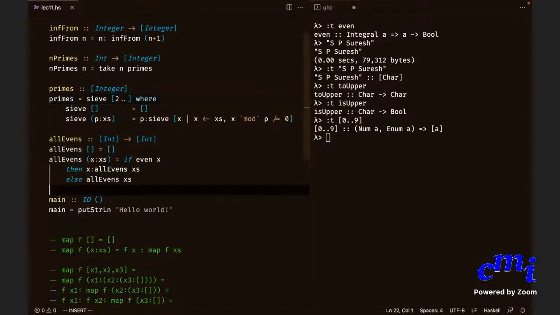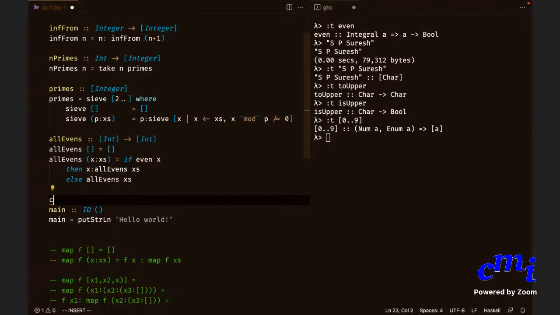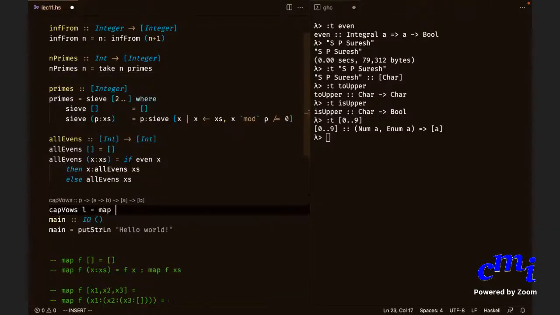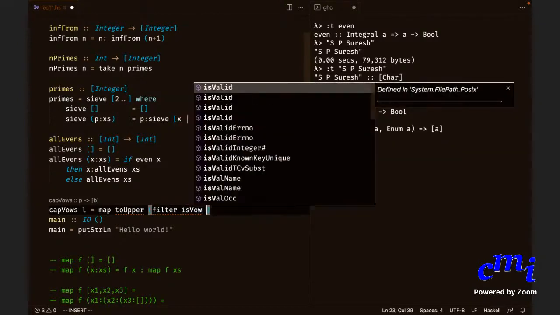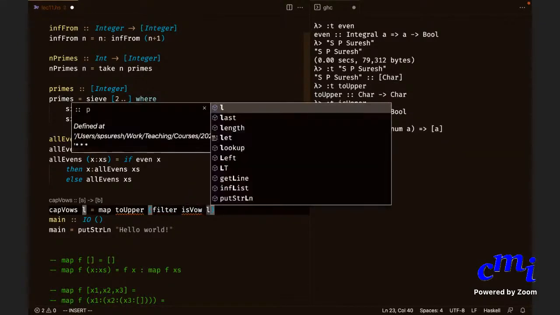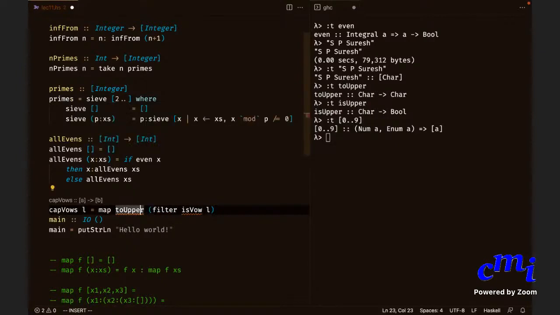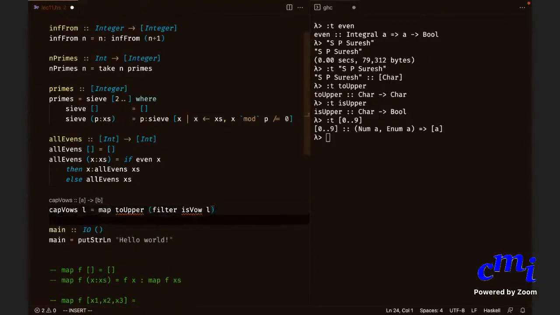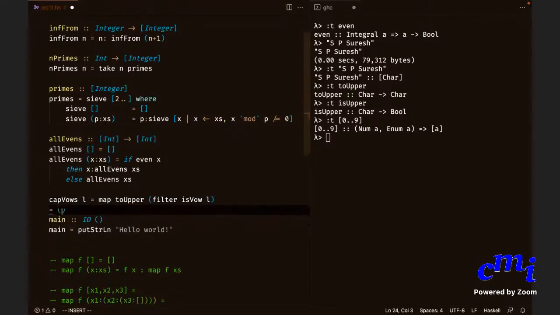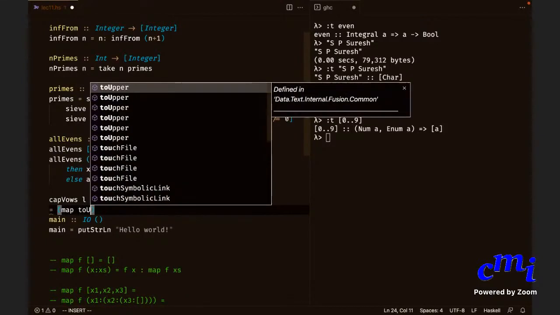I should be writing capVowels of L equals map toUpper of, but now recall that the way to bracket this is to say map toUpper of filter isVowel applied to L, because any function only takes one argument.